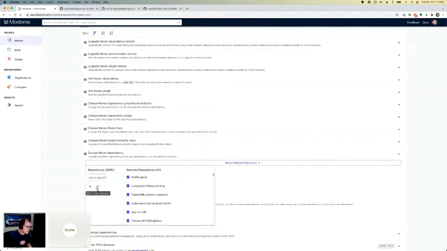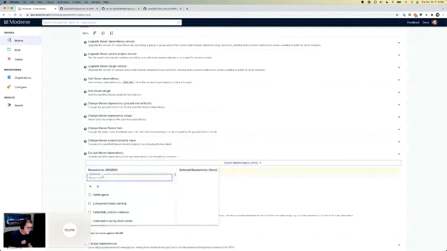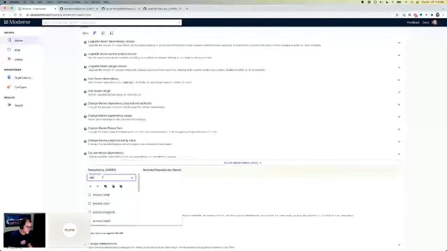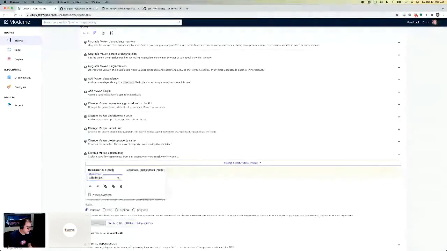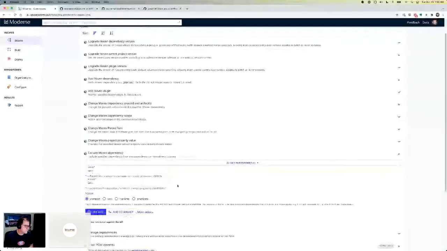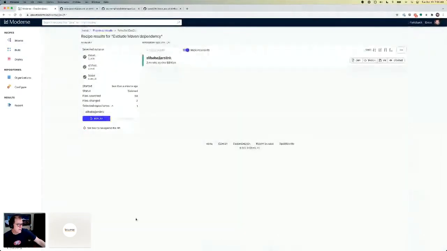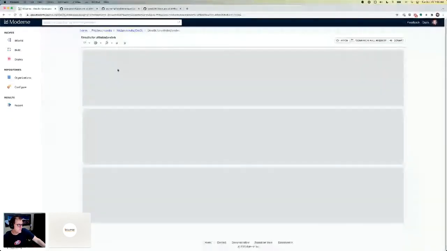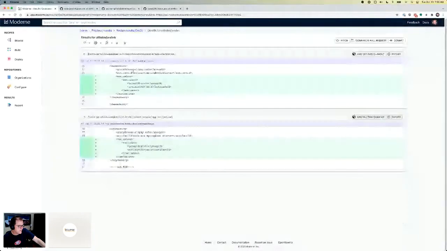Let me clear everything. Jars link. Okay. And I'm going to do a dry run here. And you can see there's 2 results again. And cool. This time it actually added the exclusions for us.